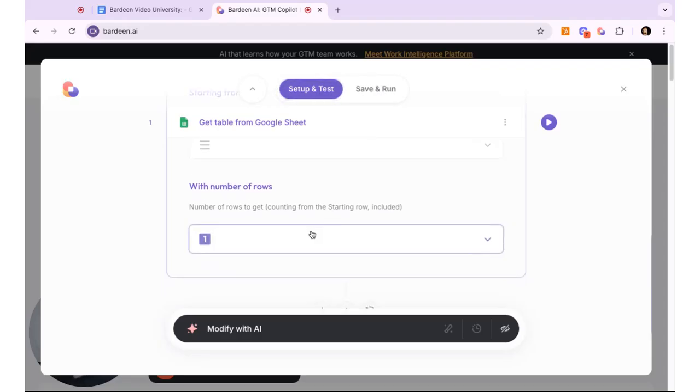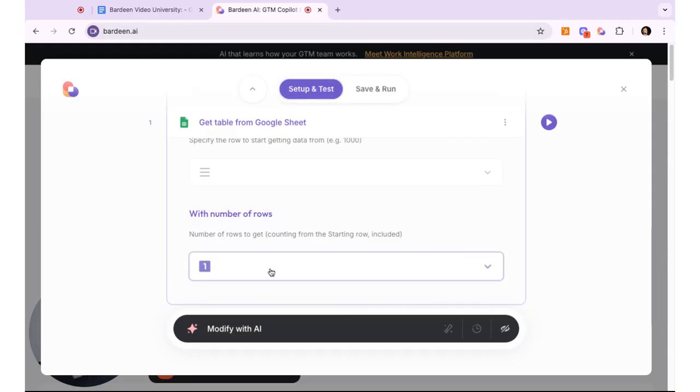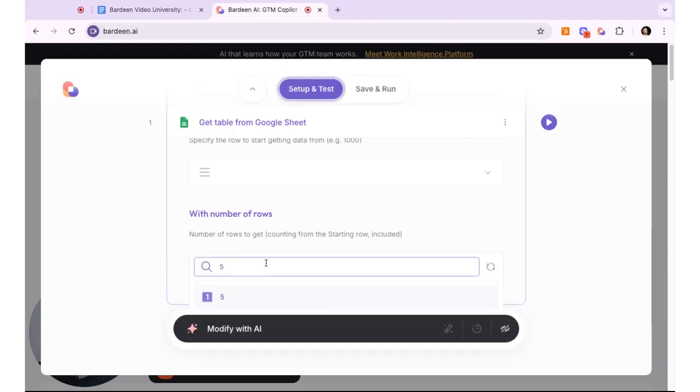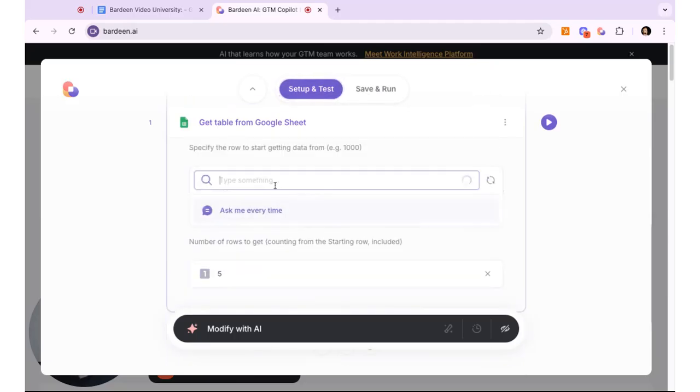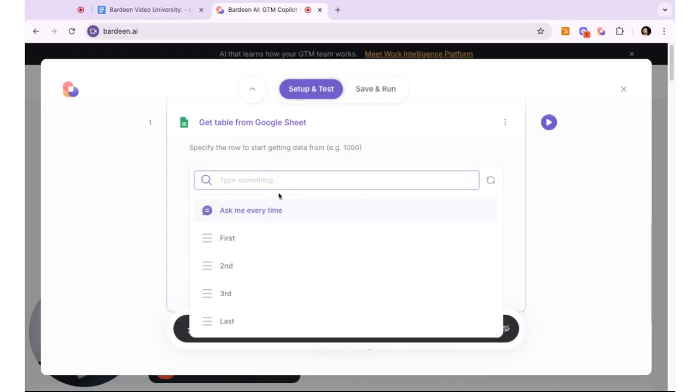Now, one other thing I want to show you with this as well, you can just by default put in a random number here. Say if we want to get 5 rows, and then we also want to start with the very first row, you can put these in perfectly fine. Nothing wrong with that. But specifically for things that you're going to be using related to Google Sheet, you often